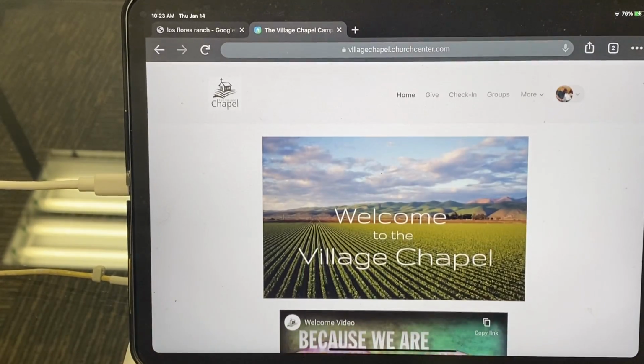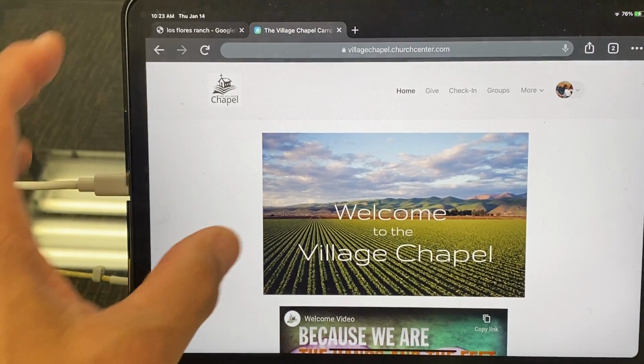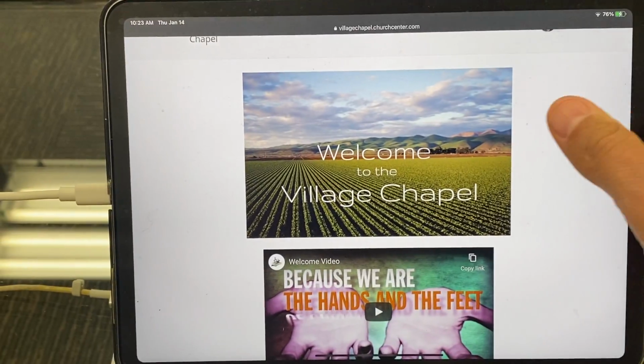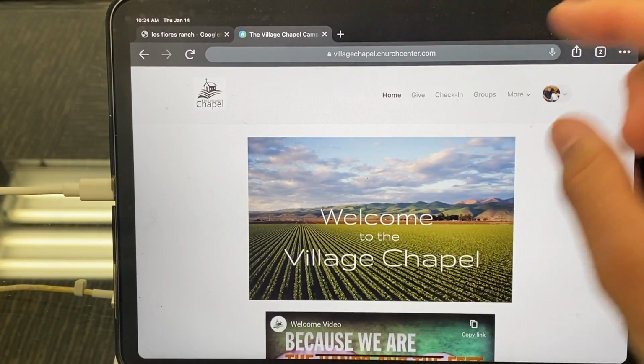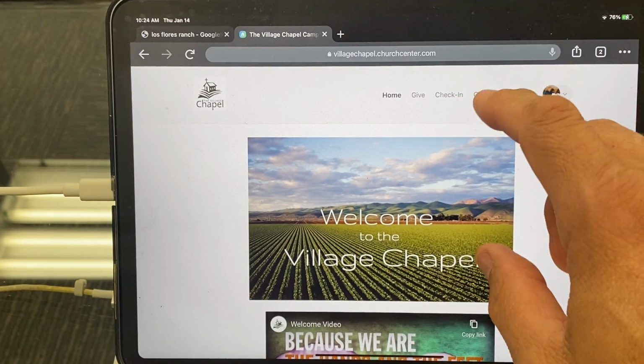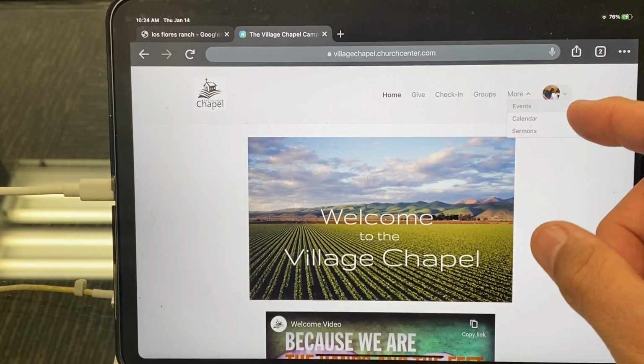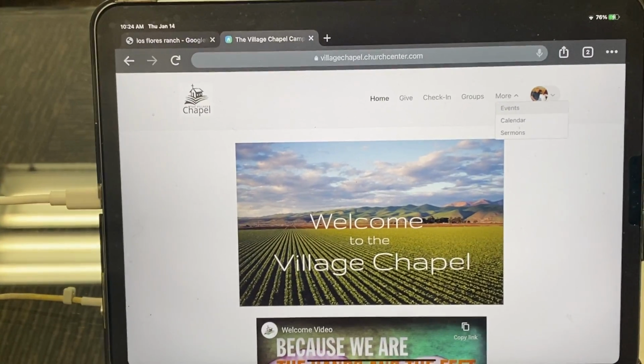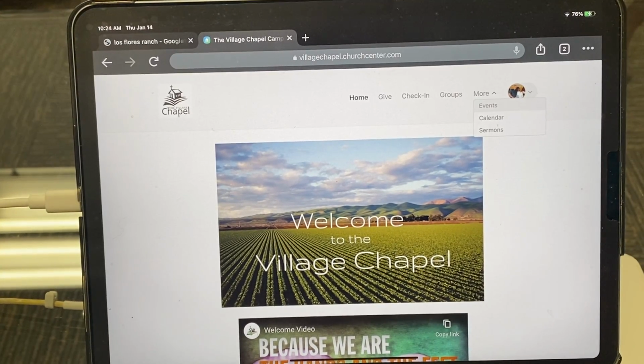But anyways, really simple, really easy way to download our church app, especially if you're in our database. And this is how it'll go. You can give up here. You can check in your kids for kids ministry. If you're part of a small group, it's right here. Our calendar's right there. So anyways, lots of stuff going on in our new church app and website,